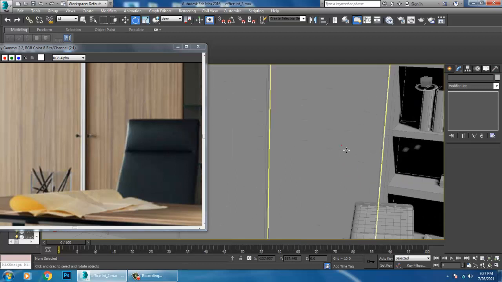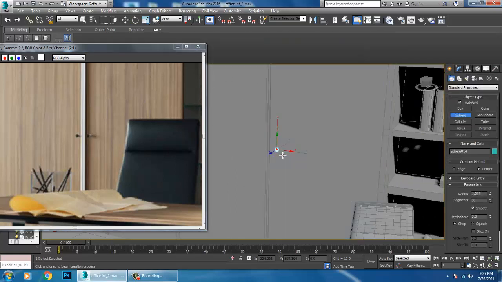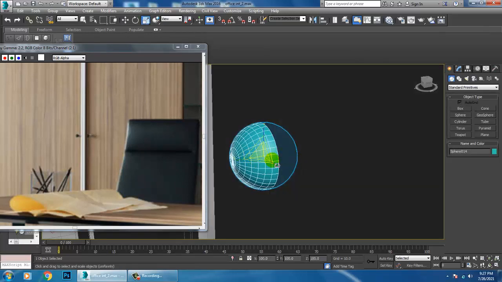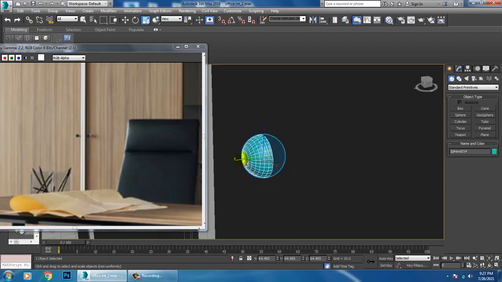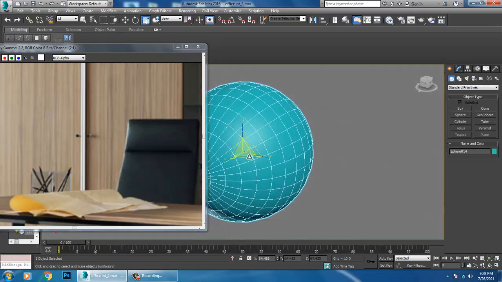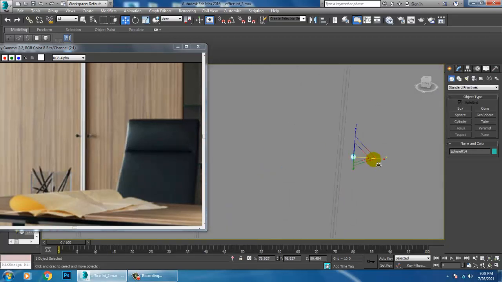We'll be creating some knobs over here. Take a small sphere and slightly scale this. Although it is from a very far end, we don't need to create much detail over here.